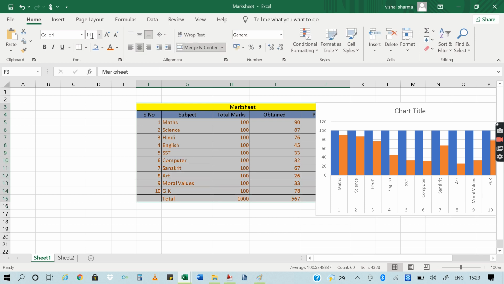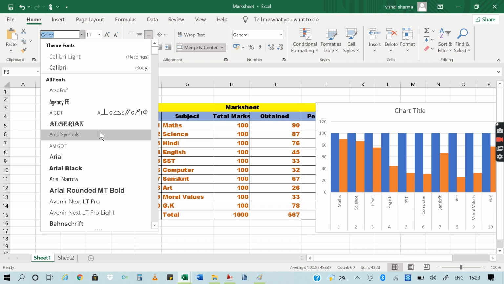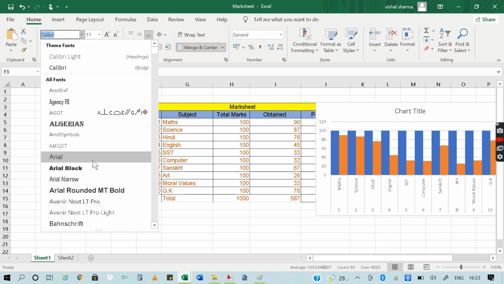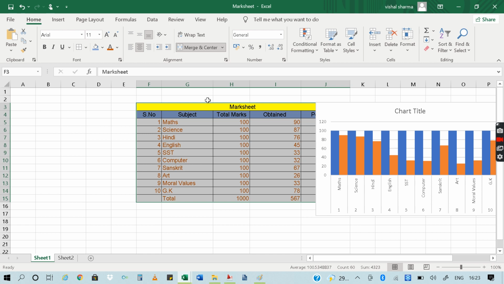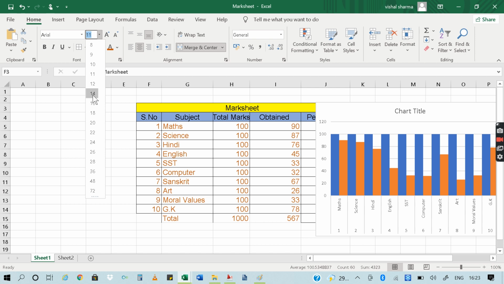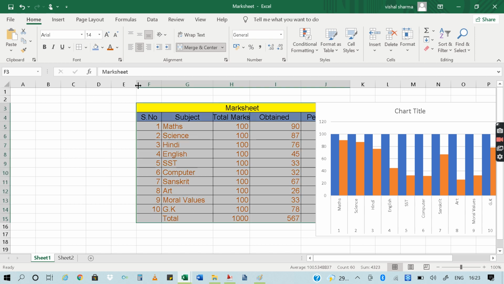If you want to change the text style, just simply go to this and you can select any specific text style and the text style will be changed. And if you want to change the font size, just simply go over here and you can change the font size. Automatically the cells will be increased according to the font size. Now there are some specific cells insert, delete and format options here, by which you can simply adjust the cells, insert the cells and format the size of cells accordingly.